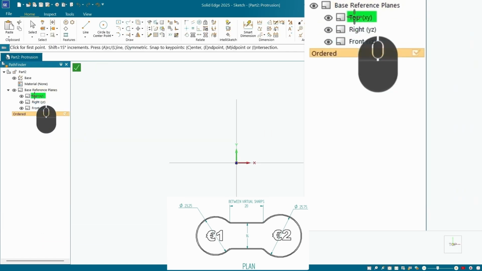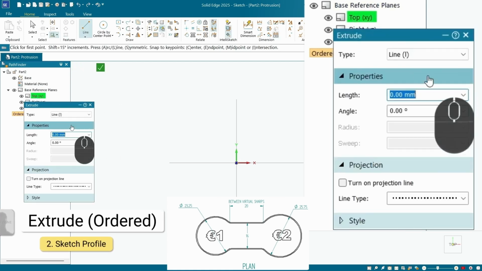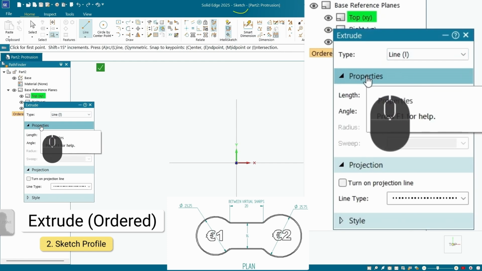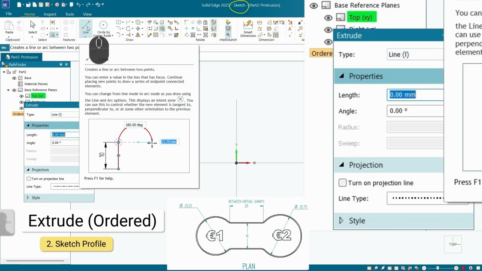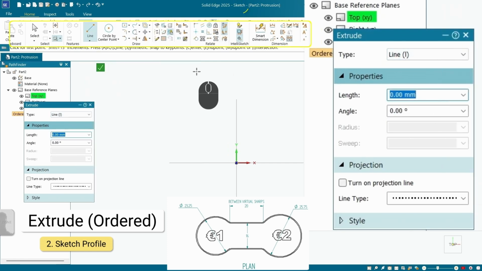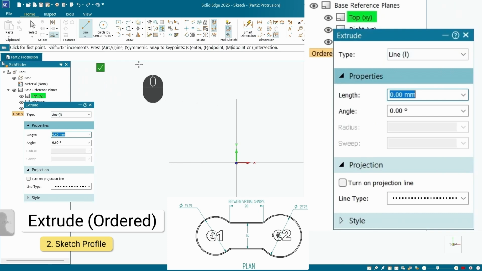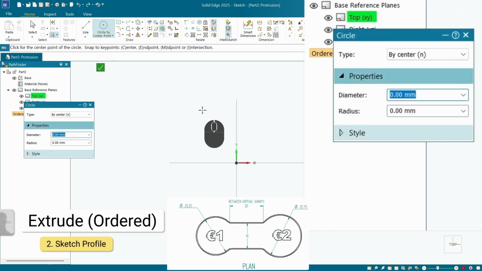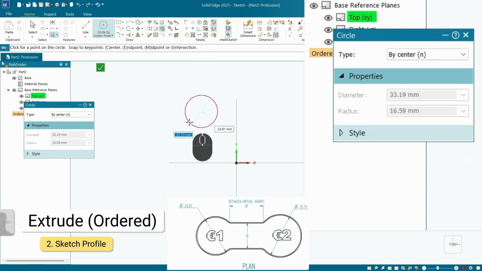Now that we have selected what plane we want our sketch to be drawn on, Solid Edge has brought us into the sketch environment, which you can see by Solid Edge now displaying sketch on the title bar and the change in commands available to us. Solid Edge has automatically selected the line command for us, but we don't want to draw a line, so you can select the circle command instead. I can just click, and if I move my mouse around, the size of the circle changes. Because I know exactly what size circle I want, I can just type in on my keyboard 25.75 and press